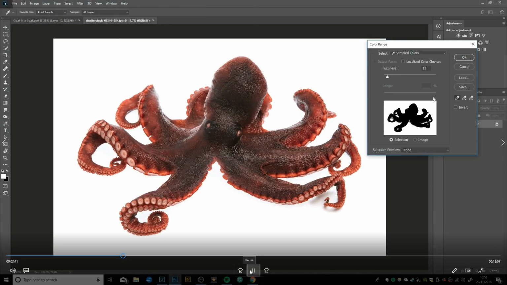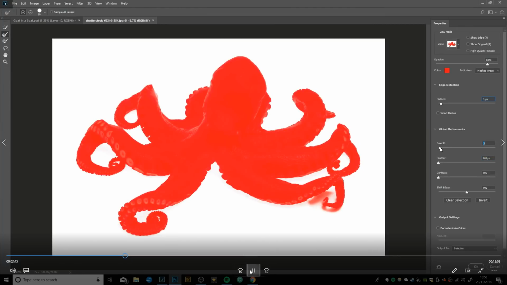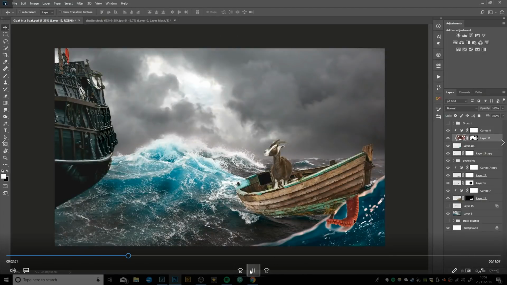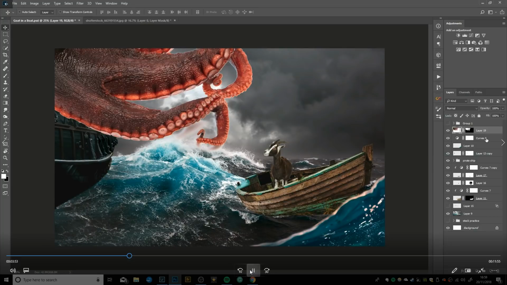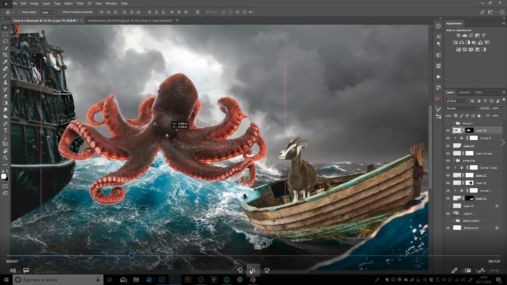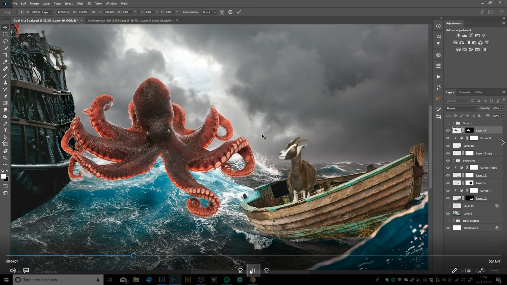So now I am cutting out the octopus. Using refine edge, bringing it into the image now. Just messing about with composition, trying to see what works, what doesn't work. Turning the